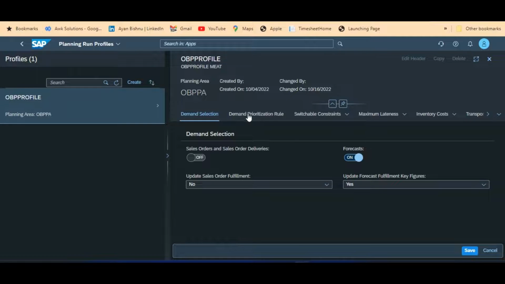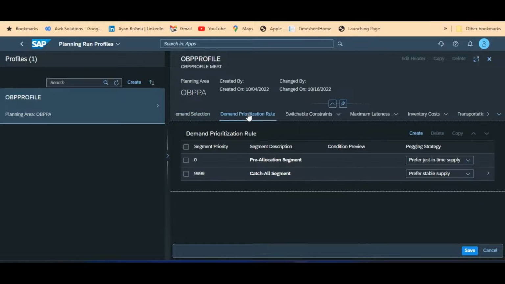Moving on, the next important item is the demand prioritization rule. Irrespective of whether we are running finite heuristics or optimizer, the demand prioritization rule is mandatory. In the demand prioritization rule, by default the system will create one segment with pre-allocation and the remaining is a catch-all segment.